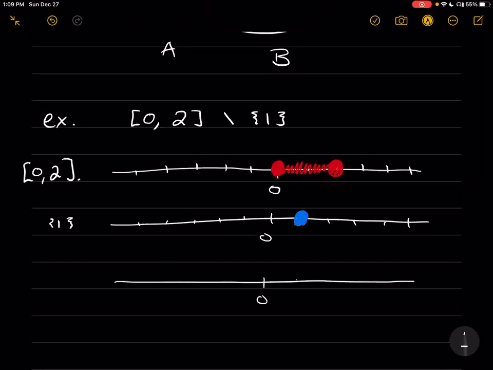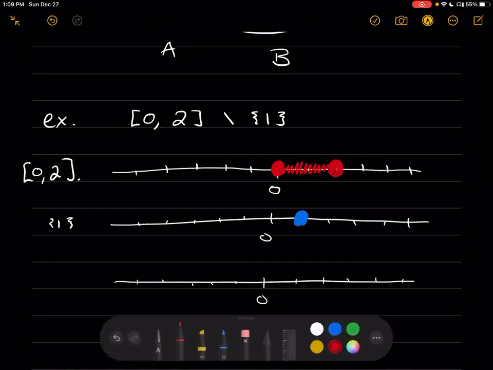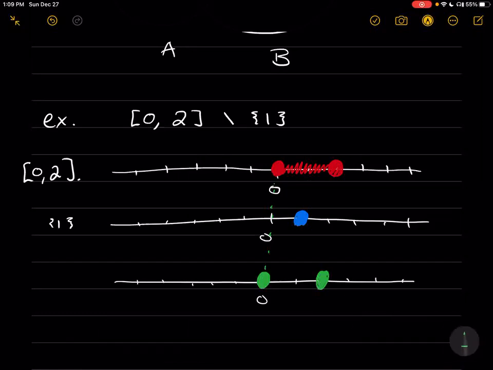So we're going to do the red thing, but we're going to omit all the blue. What that'll end up looking like if you drop things down, right? You're still going to get 0 filled in. You're still going to get 2 filled in, right? Because the blue doesn't touch either of those. The blue is this thing right in the middle. So what's going to happen to this red line is it's going to get a hole punched into it